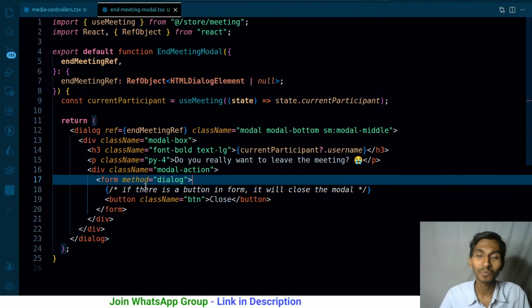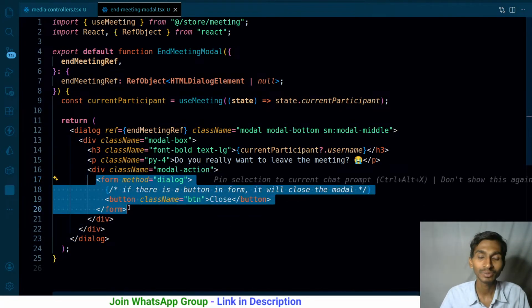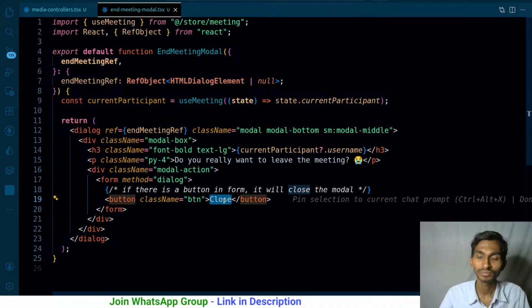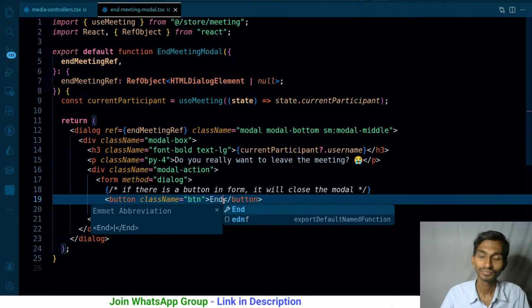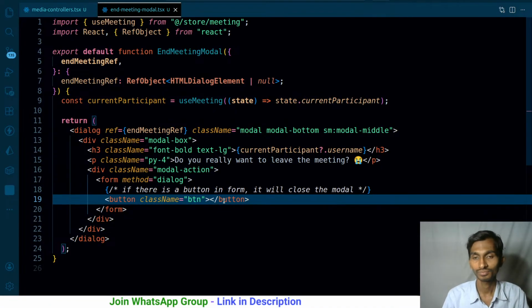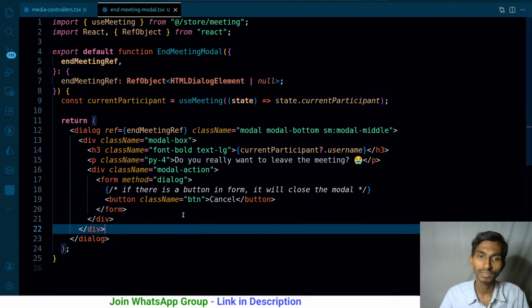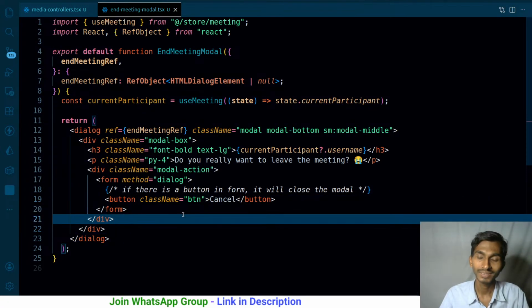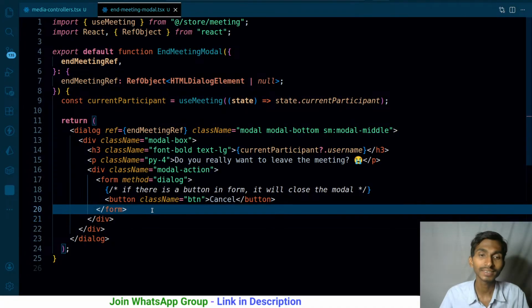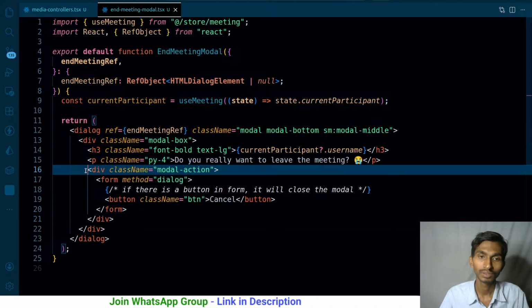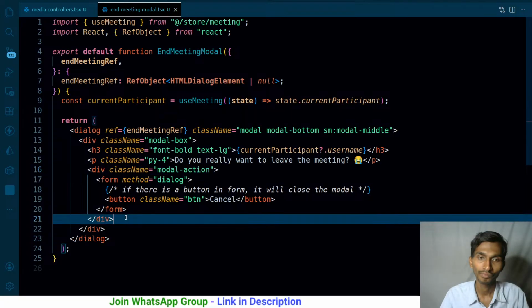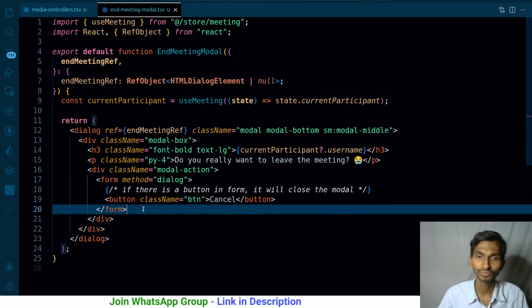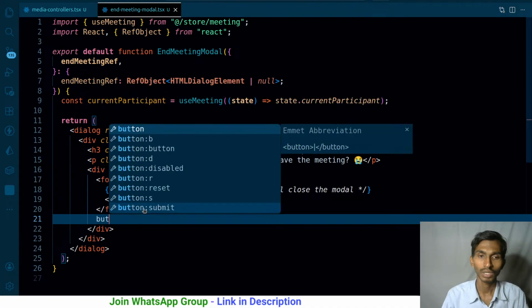Okay, from method. So this is the first button that I have. This should be cancel. So this is the cancel button. What is the next thing? I need to have one more button, that is leave. So dialog method form, I will have a button